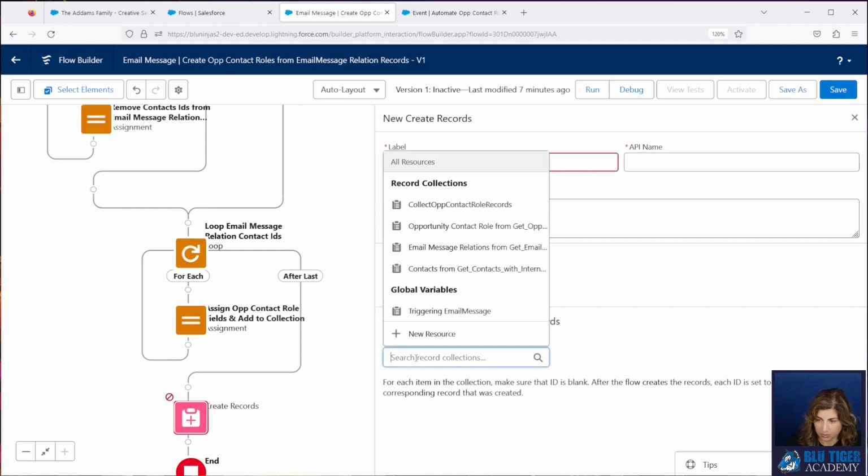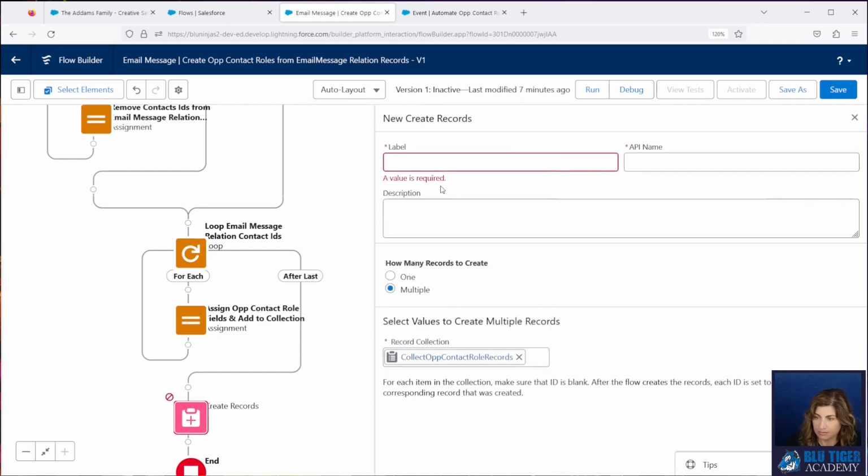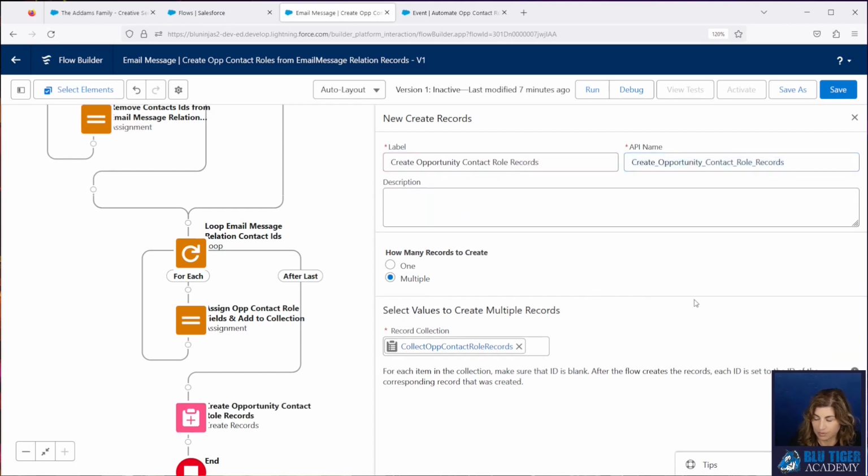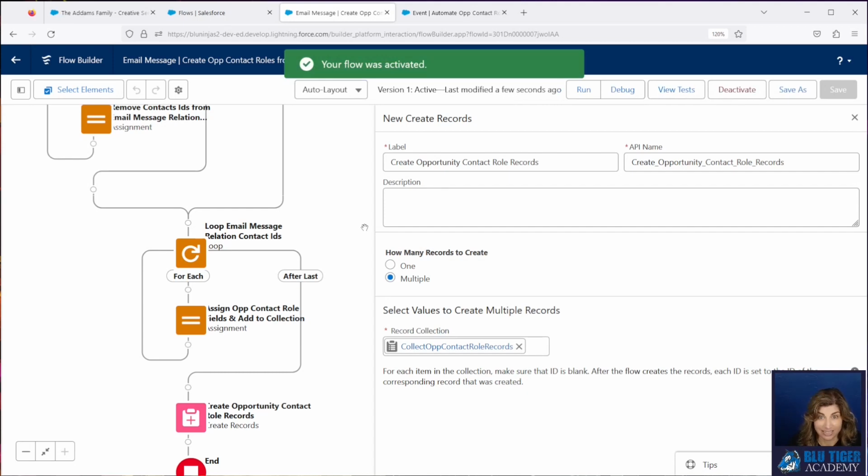And we're going to create the opportunity contact role records from our collection. And that's it. All right, we'll activate this. And now we're ready to test it.